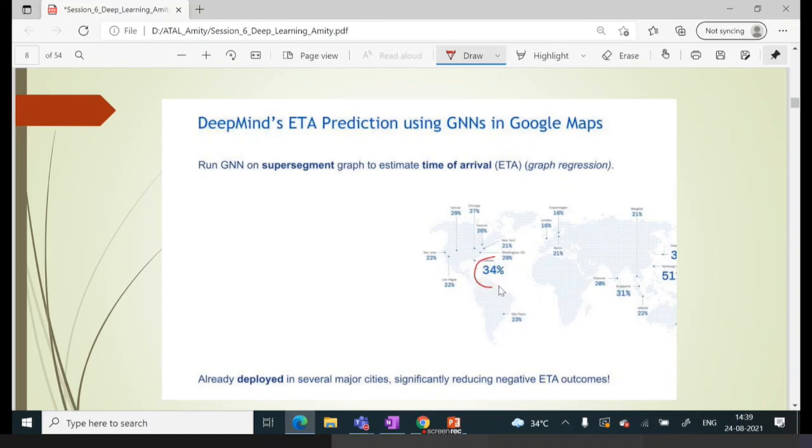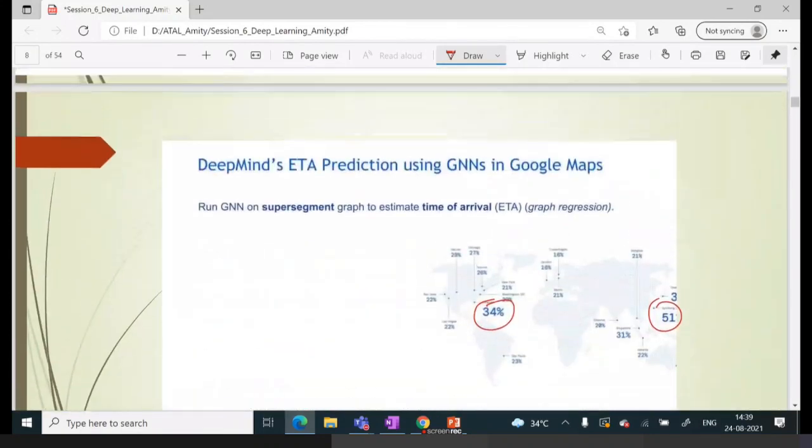Now the improvements are very high, right? For certain cities, the improvement is above 51%. So that means whatever the accuracy of Google Maps was, it is improved significantly in terms of estimated time of arrival with the help of graph neural networks. Okay, so